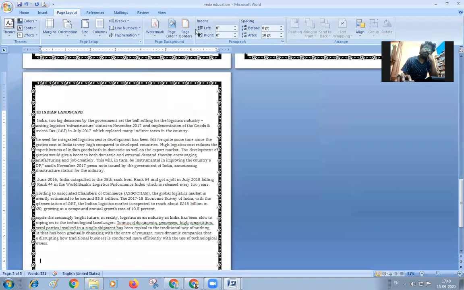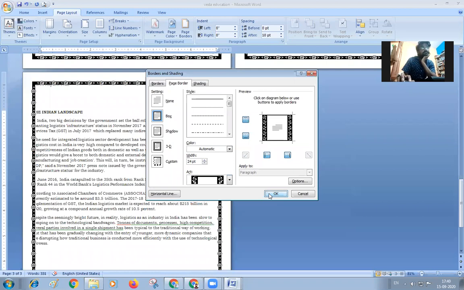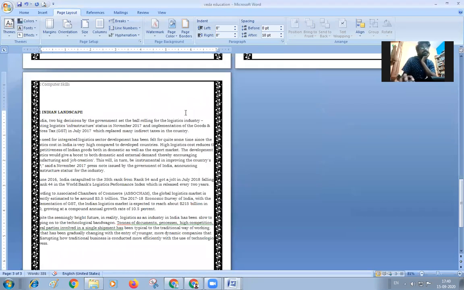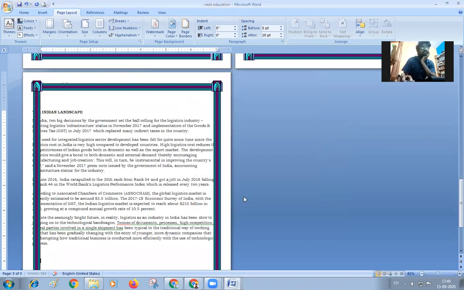You can see this border. You can see these flower borders over there, and there are many things. This gives you the symbols from the two sides itself. From the two sides itself, we will be giving the borders, and there are different models. You can try all these models. See this, this is also a different style.